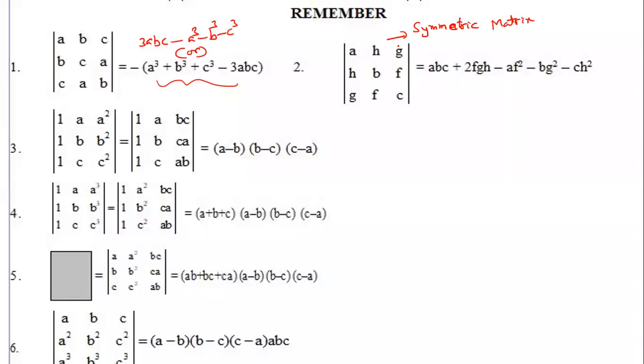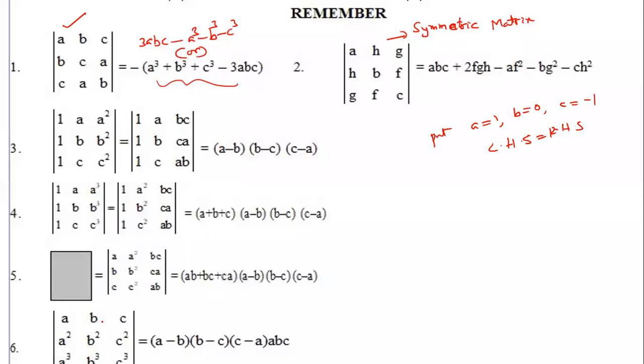Symmetric matrix. Anyone observing? Yes, these are the formulas. You can remember them. They can ask in the examination also. Only expand, and you can get the answer. But in this case, suppose, dear students, this question is given. They are not giving the RHS. Which of the following is true? They are asking. Simply put A is equal to 1, B is equal to 0, C is equal to minus 1. You can take some values and verify that LHS is equal to RHS. Dear students, this is applicable for any formulas.